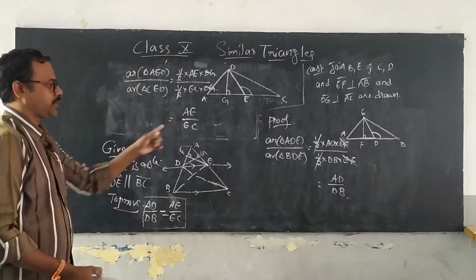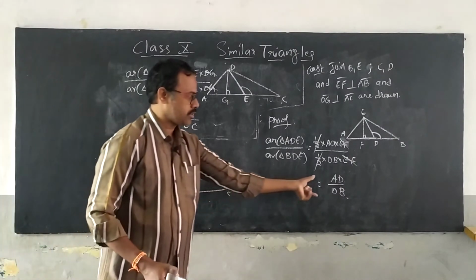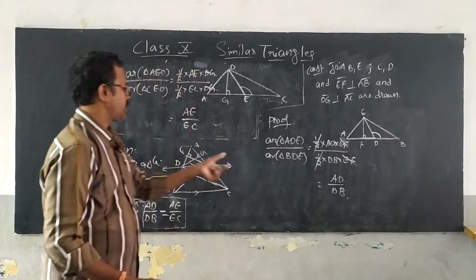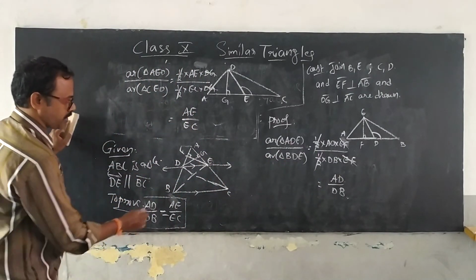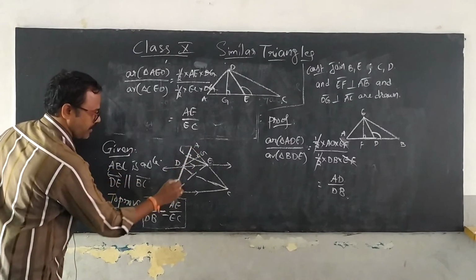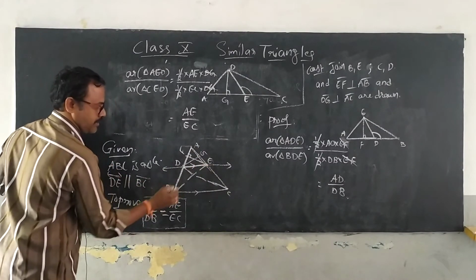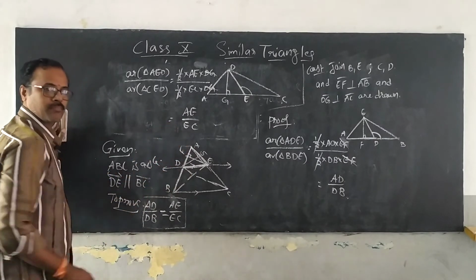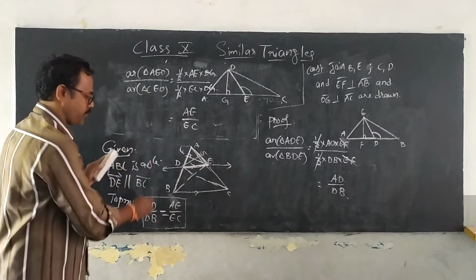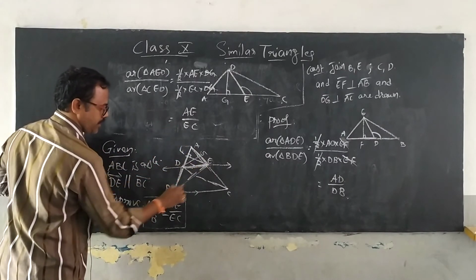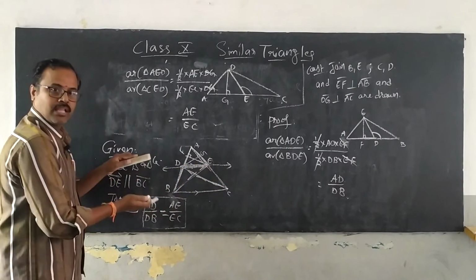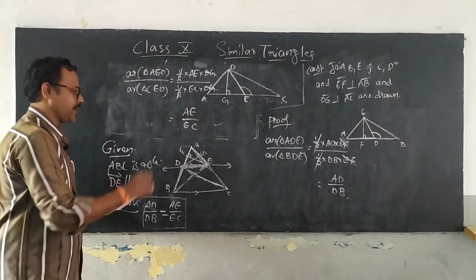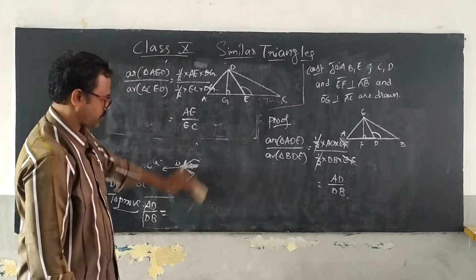Now it is time to show that they are equal. So I want to show that AD by DB is equal to AE by EC. To show this, now observe carefully the main figure. ADE is equal to AED because it represents the same figure. Similarly, BDE and CDE are two triangles on the same base and between the same parallels. Their areas are equal. Very good.